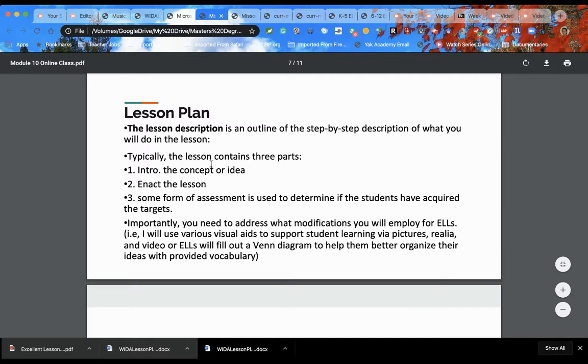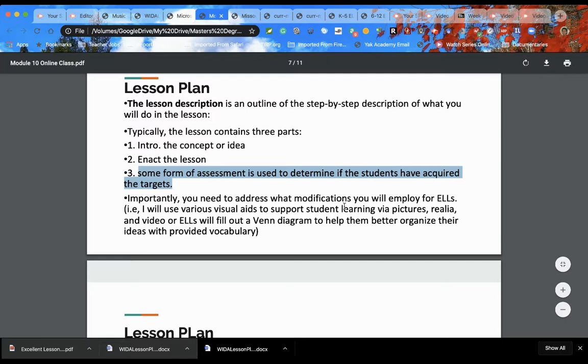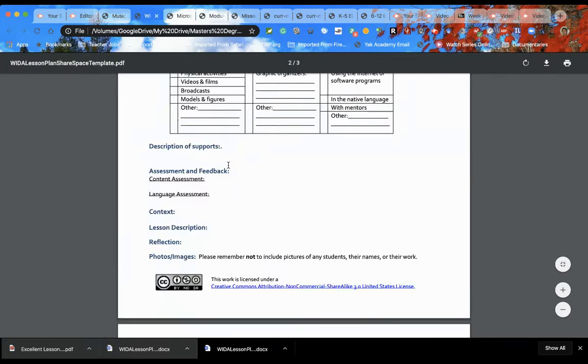So typically, the lesson contains three parts: the introduction, concept idea, enact the lesson, some form of assessment. When you are thinking of your target, okay, so that's the third part. All right, and with a lesson, we have